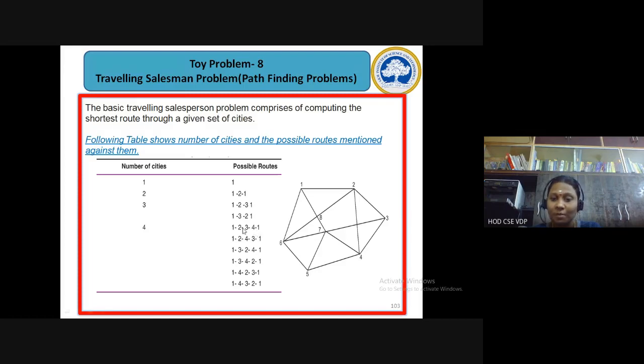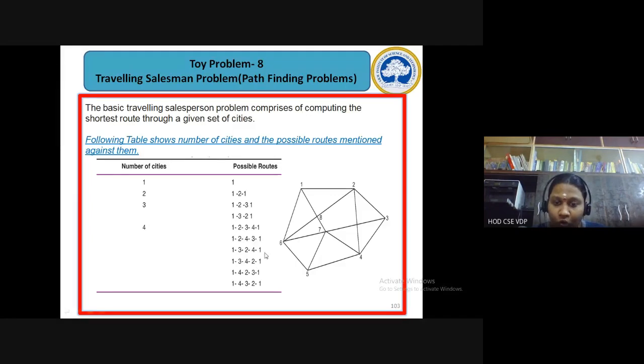So all possible paths have to be listed first in a lexicographic approach. Once you have listed all possible paths in the lexicographic approach, then finally you have to check whether, from 4, you have a path to 1. So that would be the closing loop. So first case, yes. Second case, 3 to 1. No, you don't have a path.